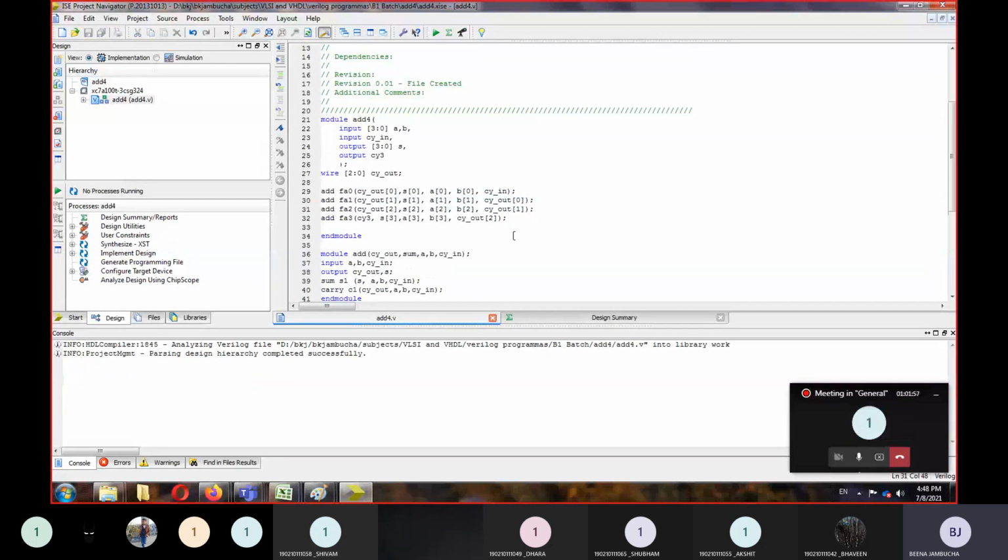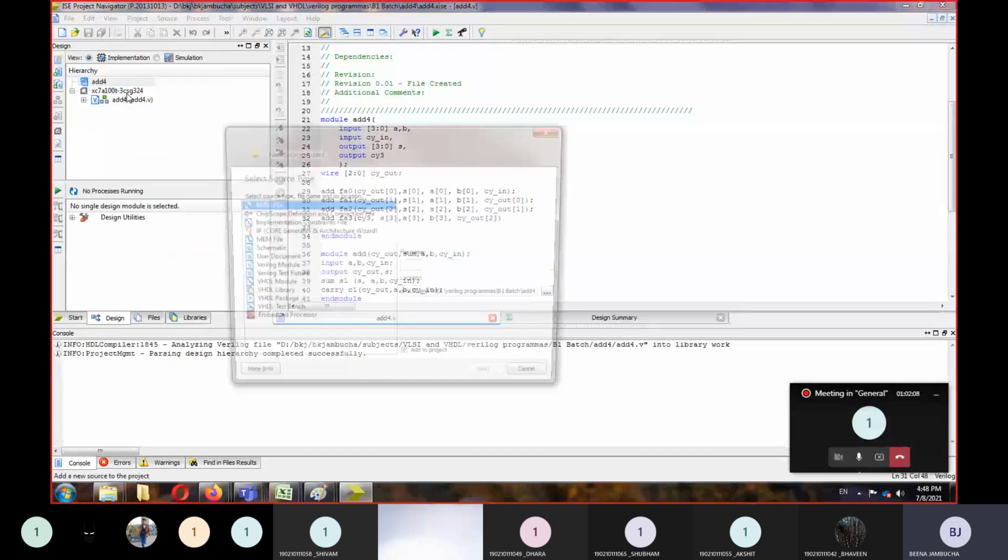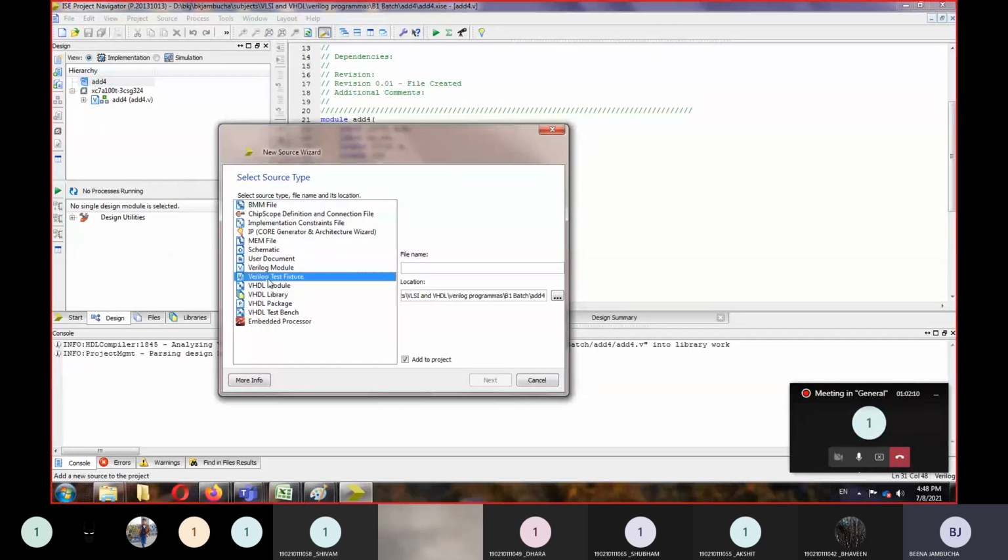Let's save it. Now let's make a test bench for the same. So in the project, right click, new source, Verilog test fixture, and I'm giving the name as tb underscore add 4, right?